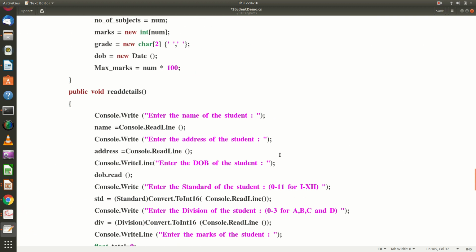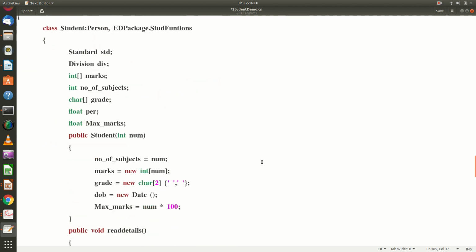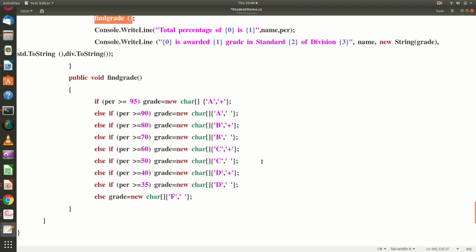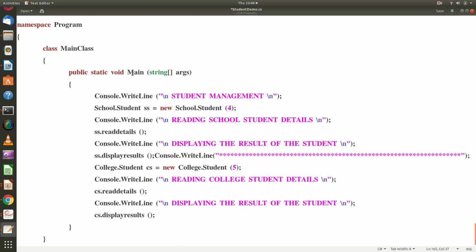So these are the definitions we have given for the school student as well as for the college student. Now let us see how to define objects of these two classes. I go to the main program. In the main program I define a class and I have a static main method which will be invoked first in the program execution.